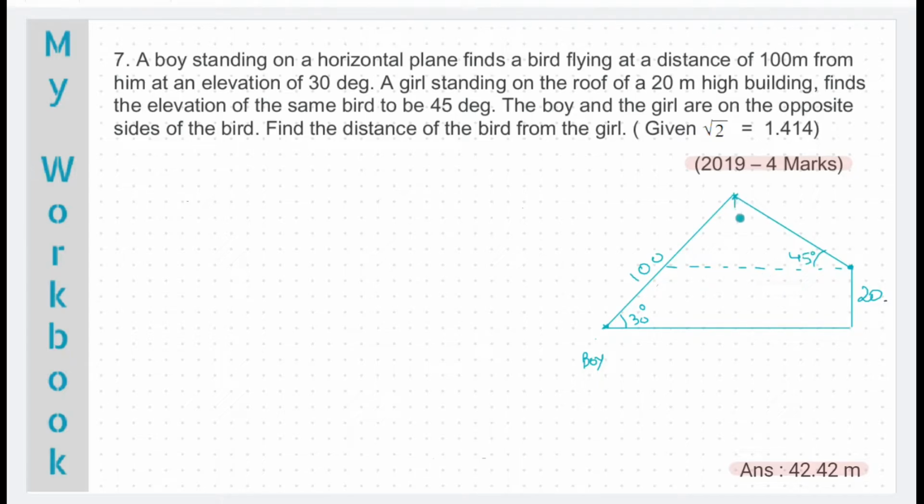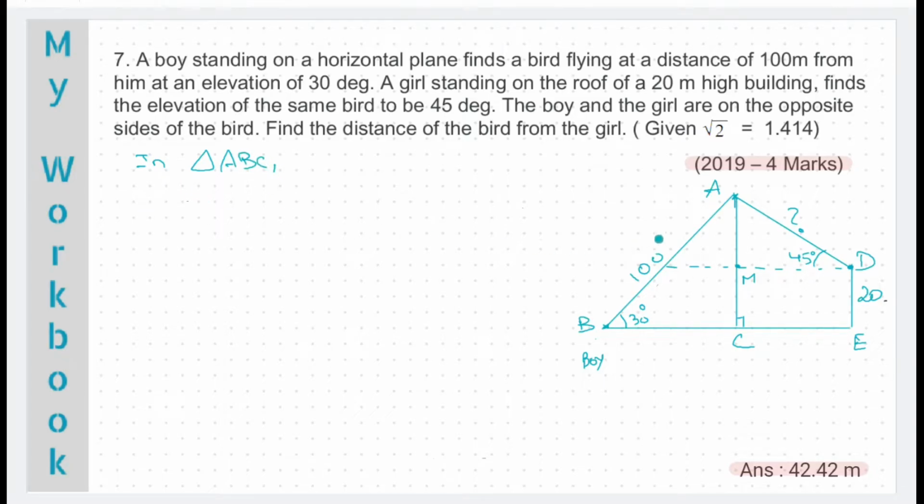So let's drop a perpendicular here. Now we need to find the distance of the bird from the girl. We need to find this. So let's first name the points. Let this be A, B, C, D, E. Let the center here be M. So we need to find this distance AD. So we know the length of AB. So let's pick this triangle ABC. In triangle ABC,